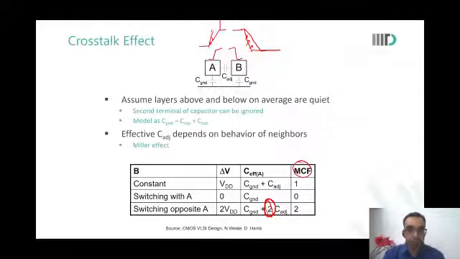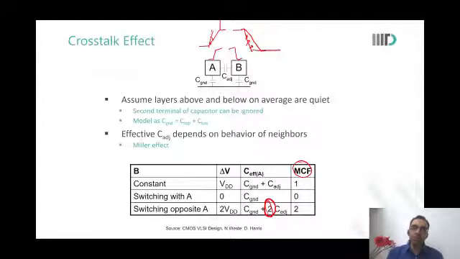For example, if for some signal you want the capacitance to be constant, you will then shield it from other wires. So typically in memory, there are 2 or 3 decoders that run parallel to each other. In between one set of decoding lines and the other set of decoding lines, there is a shielding. So that's all that we can do. What is important is to realize that the static capacitance that you typically see is not really the only capacitance.